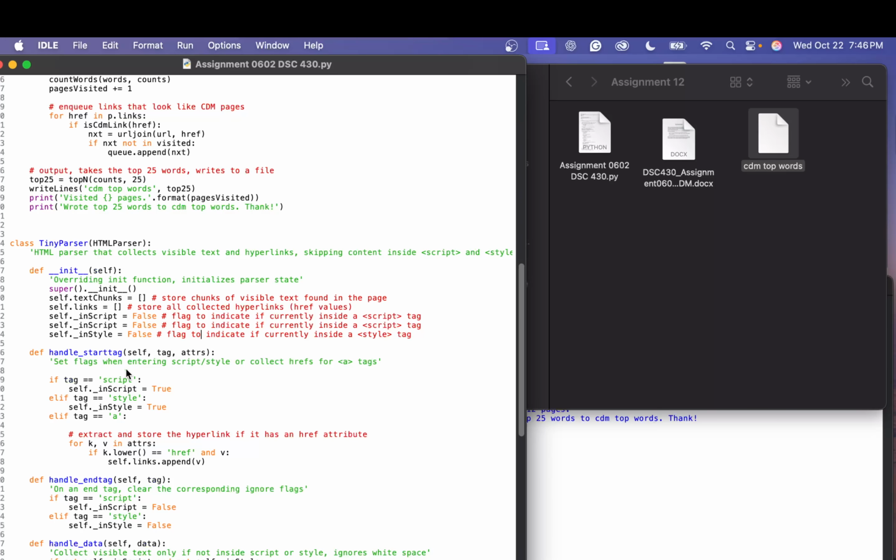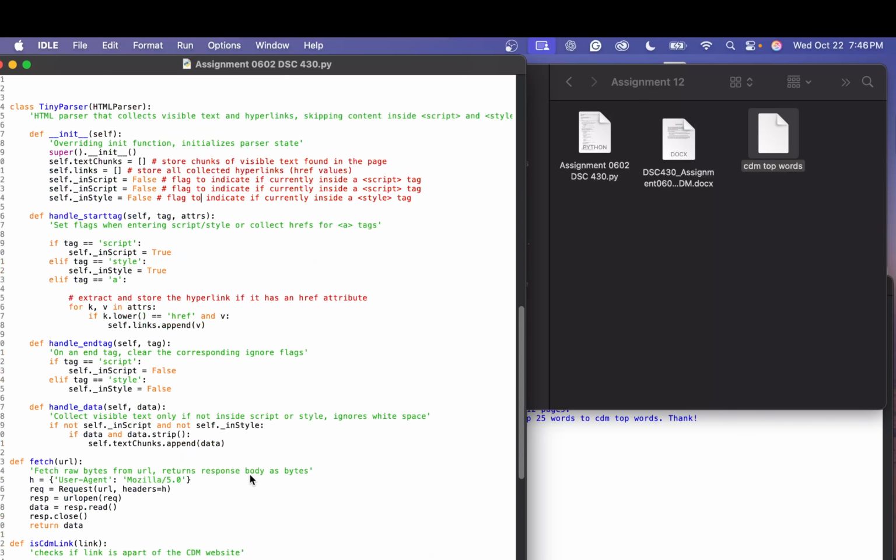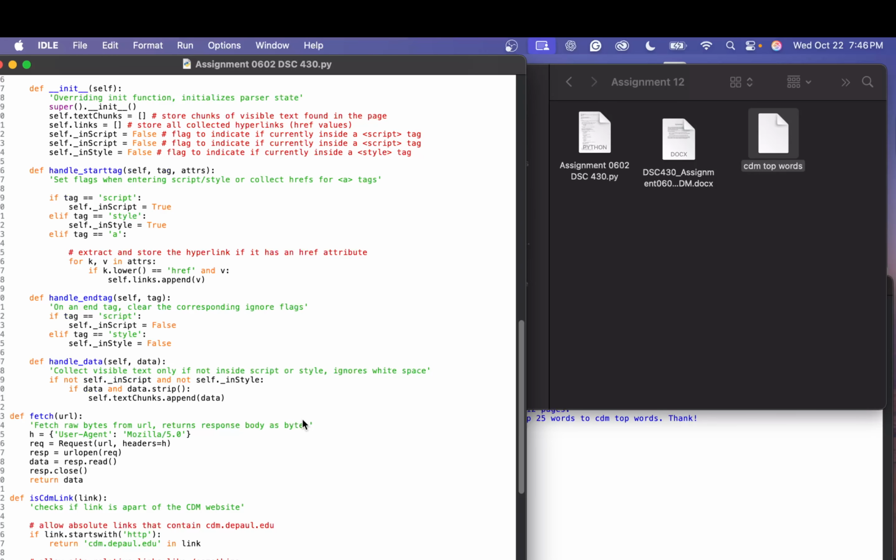I also overrode handle_starttag, handle_endtag, and handle_data. This essentially allowed me to collect all the visible text while ignoring everything going on inside script or style tags, and to grab all the links on each page with the anchor tags. It helped me crawl through everything